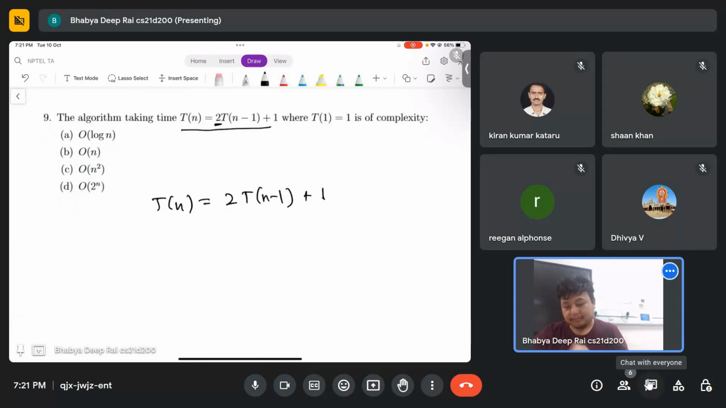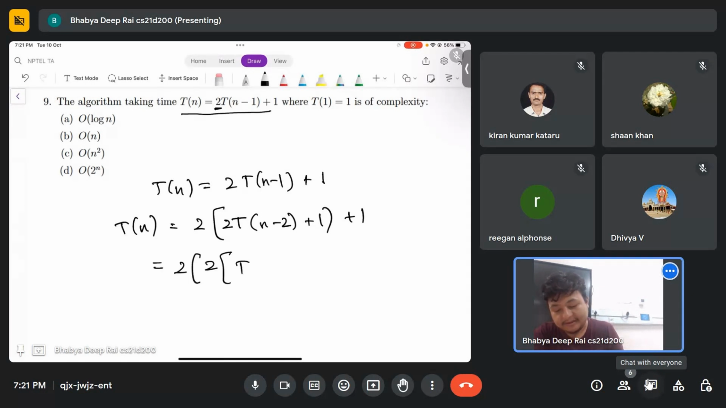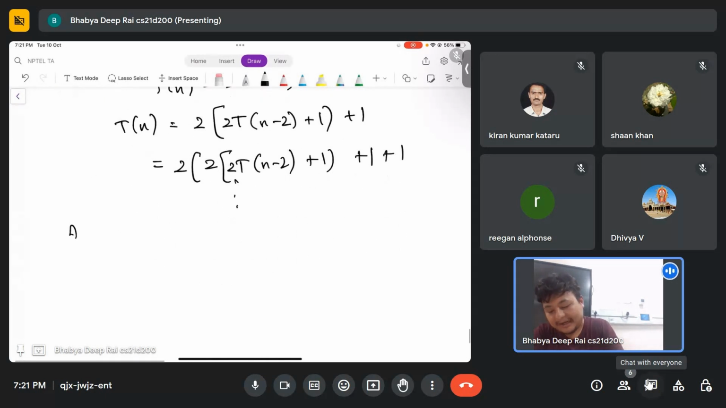Well, the idea is again similar. So Tn is just 2 times T of n minus 1, just substituted. Okay, T of n minus 1 is nothing but 2 times T of n minus 2 plus 1, plus 1. Which is equal to 2 of 2 T of n minus 2 plus 1, plus 1, plus 1, and so on. Well, again at some step k,